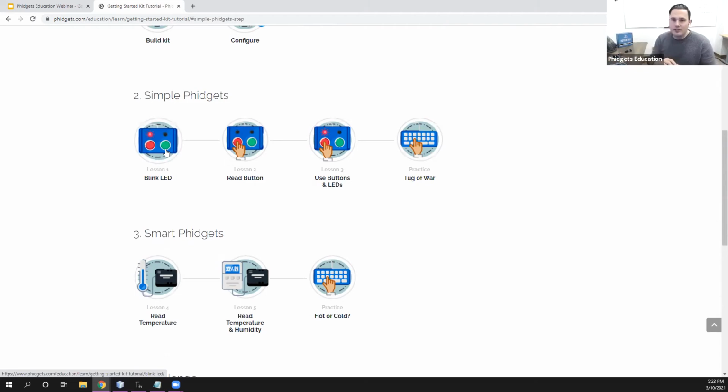We basically call smart fidgets anything that looks like this. So anything that has a black enclosure is a smart fidget. And then anything like buttons, LEDs, any analog devices, those are simple fidgets. So if we click through to lesson 1, just to give an example,